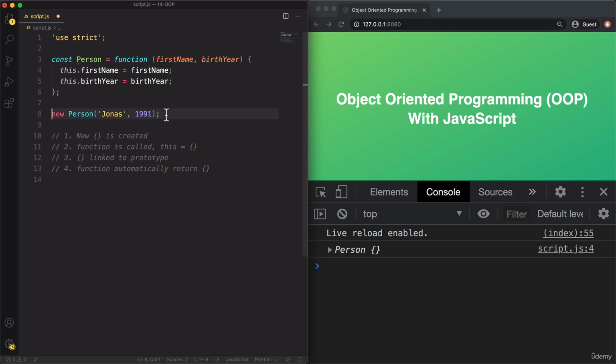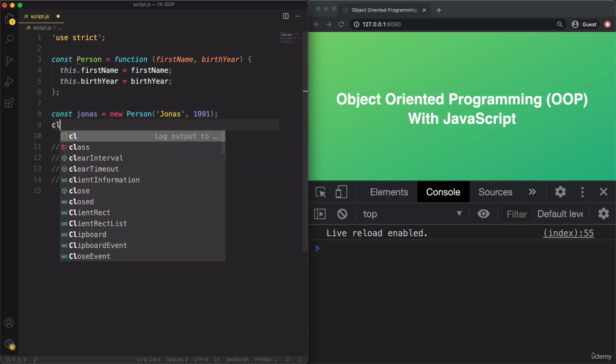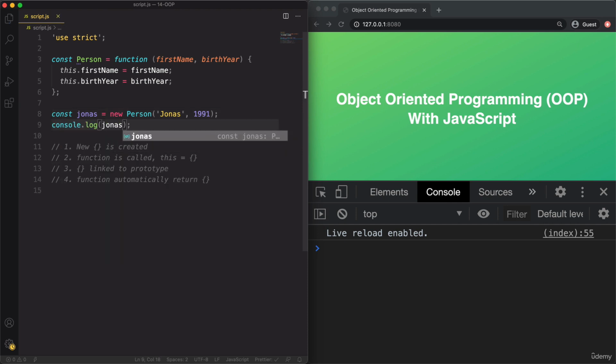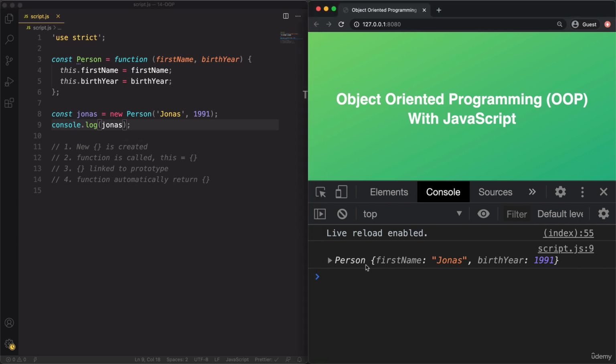And so now let's store the result here in some variable, and that's actually it. So let's see what Jonas is going to look like. Now, we have to log it to the console here if we want to take a look at it. And indeed, here it is. Here is the Person object with the first name Jonas and the birth year that we passed here into the